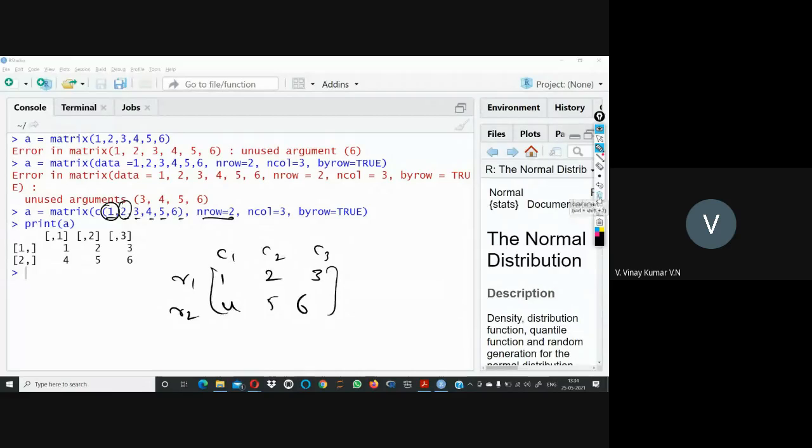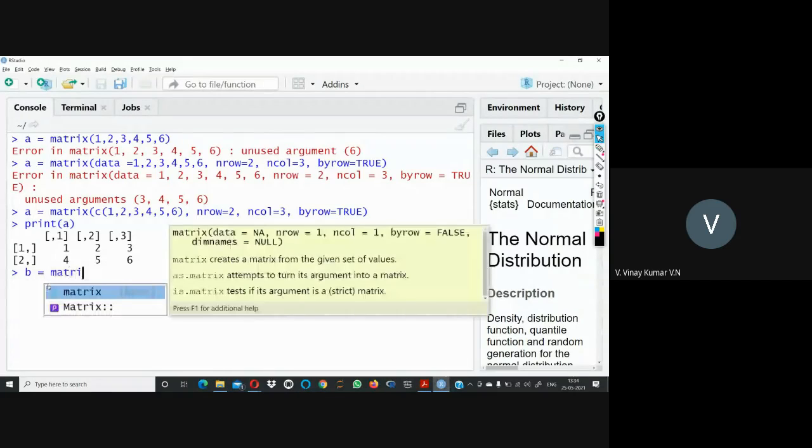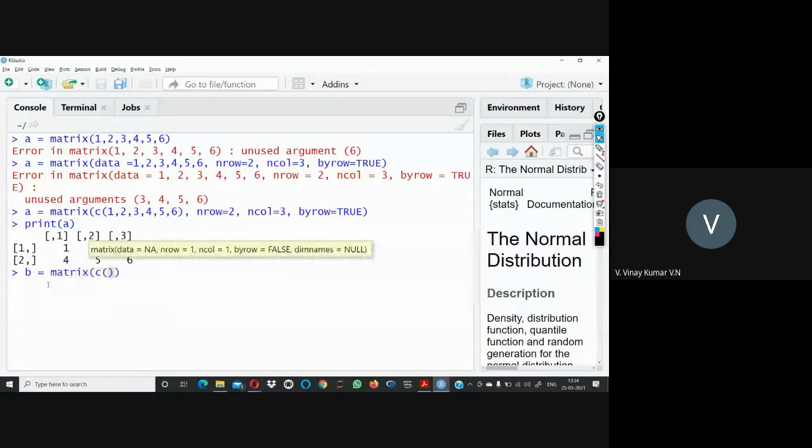Similarly, we define another matrix. B is another matrix. B equals matrix. Here I'm also defining it as a matrix, combining the elements 2, 3, 4, 5, 6, and 7.